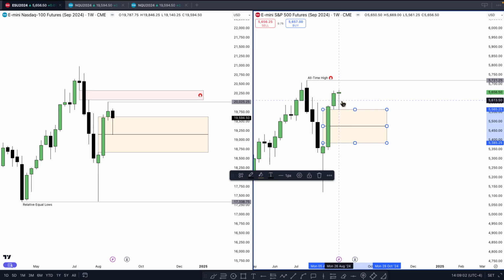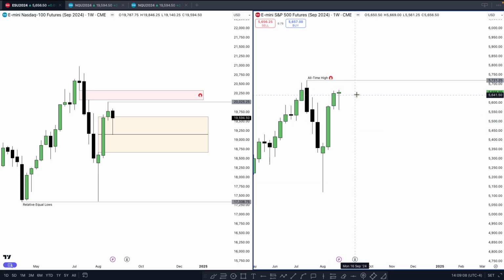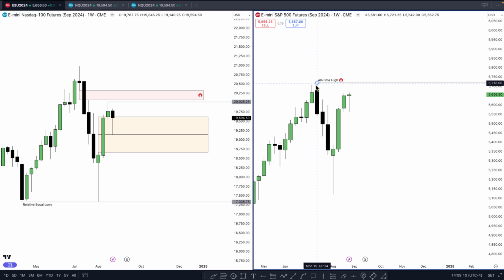Now, ES we could revisit. I don't really want to see us dig down too deep into this if we are going to reach all-time high. So that is my target, at least looking at the weekly chart, right? And I do think it can be done this week, especially with all the red folder. 5721.25 all-time high on the S&P. Now, just based on the simple fact that ES is a lot closer in terms of structure to its all-time high,